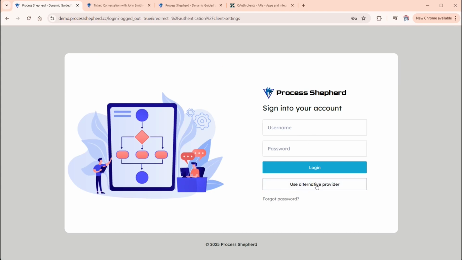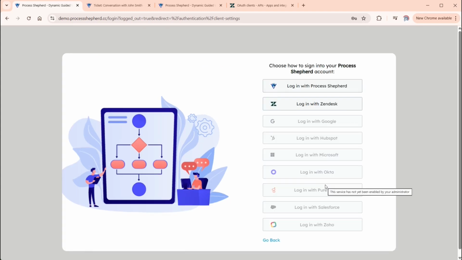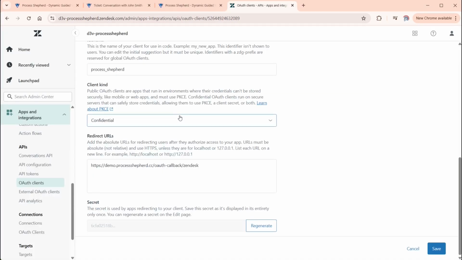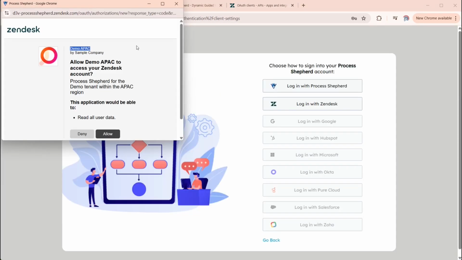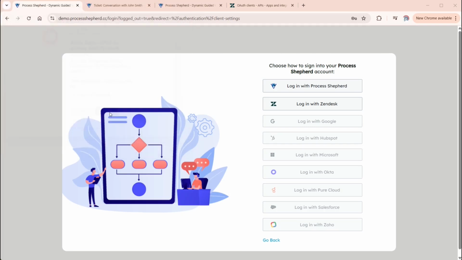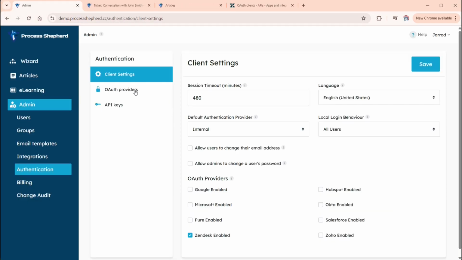Now we will select Use Alternative Provider and select Zendesk as the login source. This is a Zendesk pop-up that appears, and here is the image, which was uploaded via the Zendesk administration page, here. This is the name that was selected and the company, followed by the description text that was entered. Simply press Allow. Now that you've logged in via the SSO authentication with Zendesk,